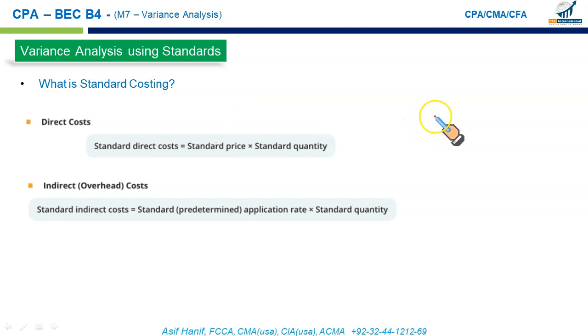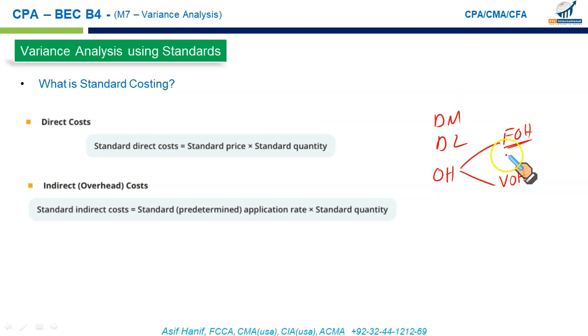What else? After direct material and direct labor, we have overheads. When we say overheads, overheads can be fixed overheads and they can be variable overheads in the factory. Fixed means rent, insurance, property taxes, salary of the production staff, fixed salary. Variable overheads means indirect material, indirect labor, electricity, gas, water, those production related costs which vary with the level of output, and fixed are those production costs which do not vary with the level of output.